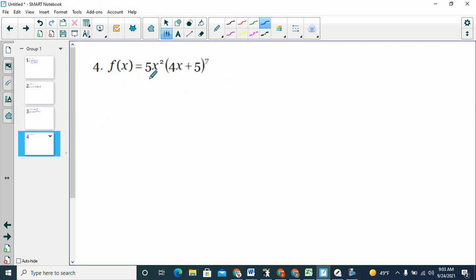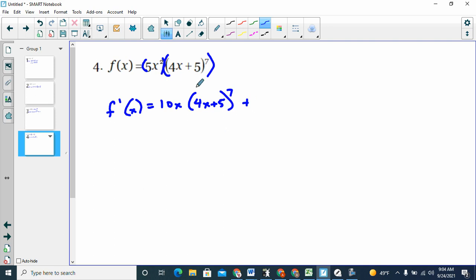And number 4, we have a product, 5x squared times this. So we're going to use the product rule. I've got 5x squared as my first term, 4x plus 5 all to the 7th as my second term. So the product rule is the derivative of one of them times the other. So that would be 10x times the second term, which is 4x plus 5 to the 7th,